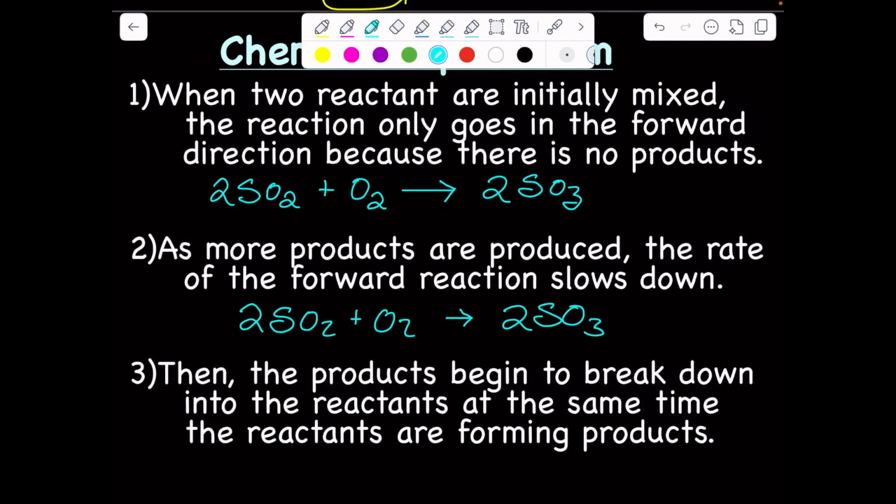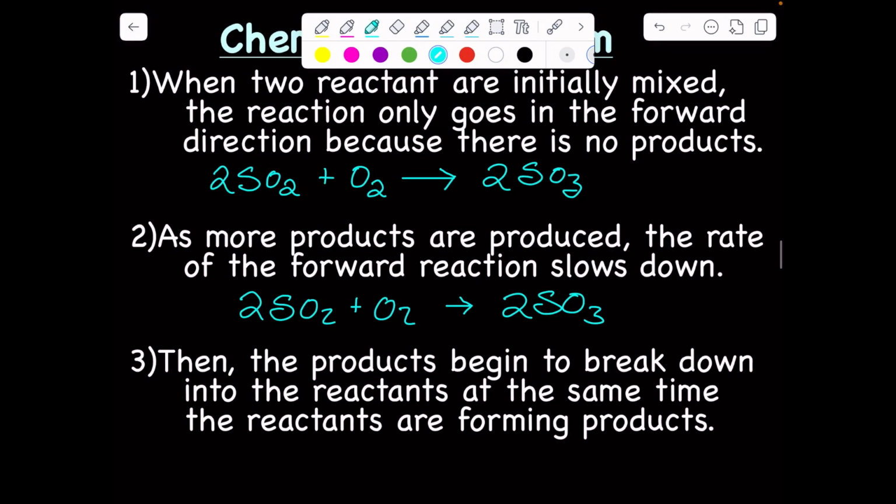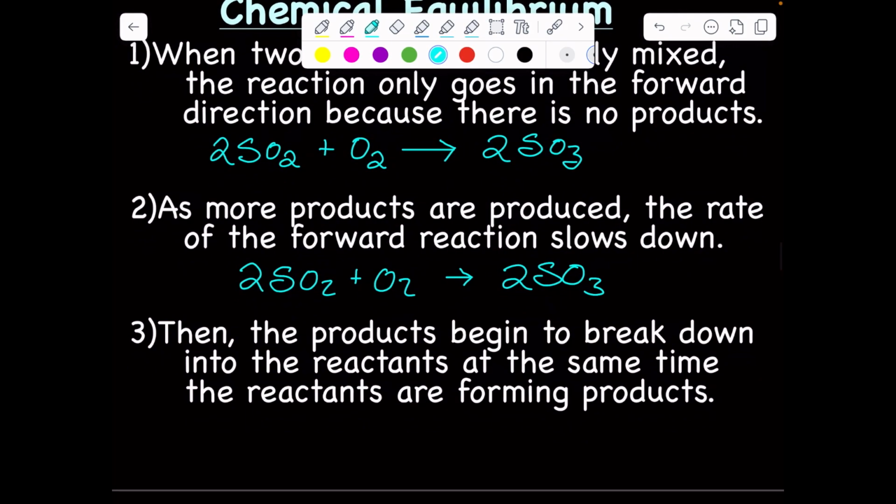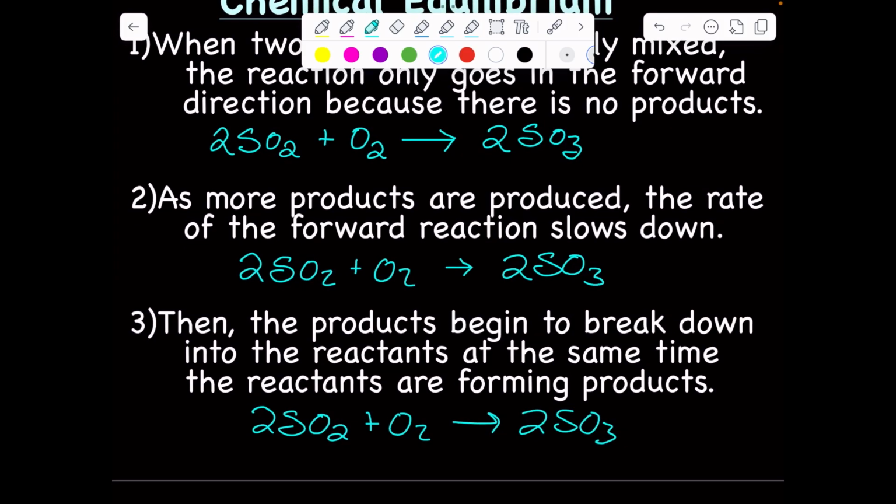After this, the products begin to break down into reactants at the same time as the reactants are forming products. When enough products have been made, we reach what we call equilibrium. So we now have our reaction going forward, but as enough products are being made, our products start breaking down